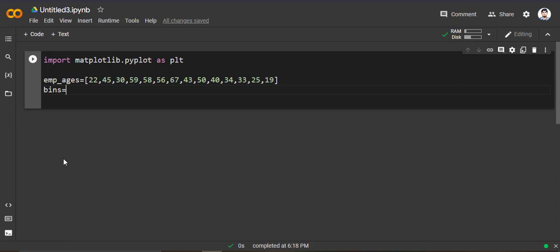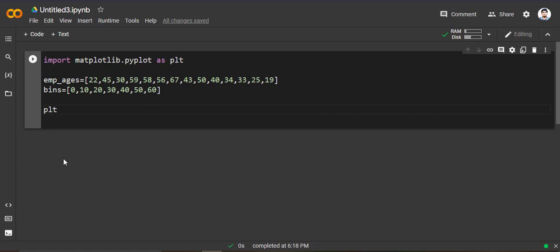For the bin list, bins equal to 0, 10, 20, 30, 40, 50 and 60. For plotting the histogram, we have to write plt.hist, then employee ages,